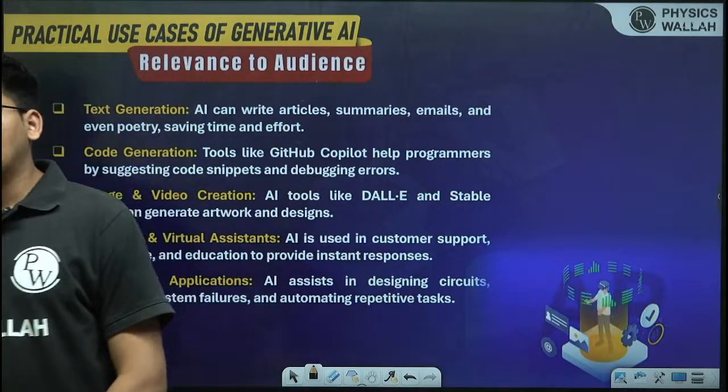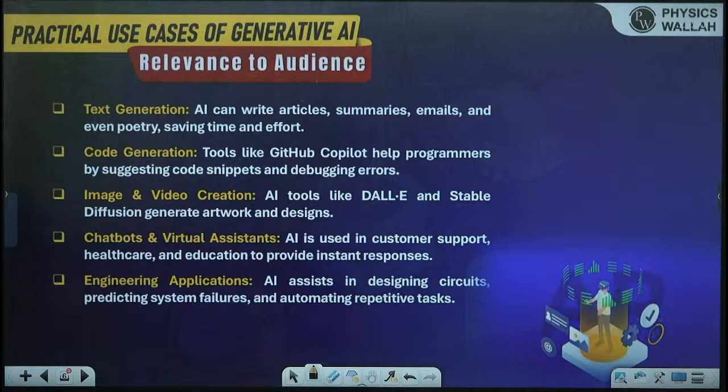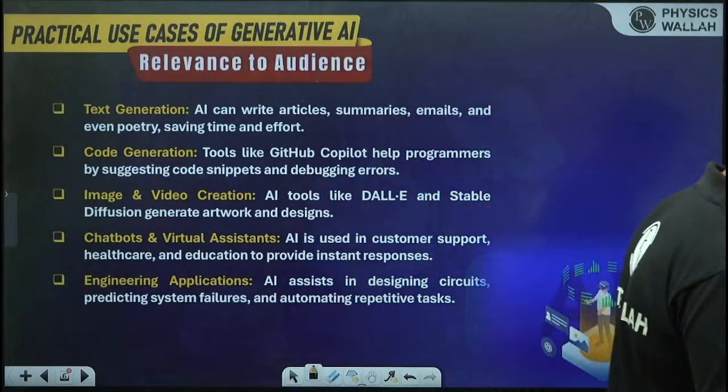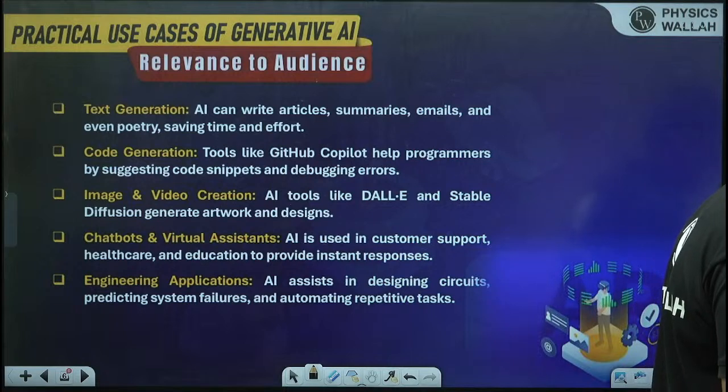Come on, apart from whatever I have mentioned here, can you tell me some other use cases? Come on, try it out.